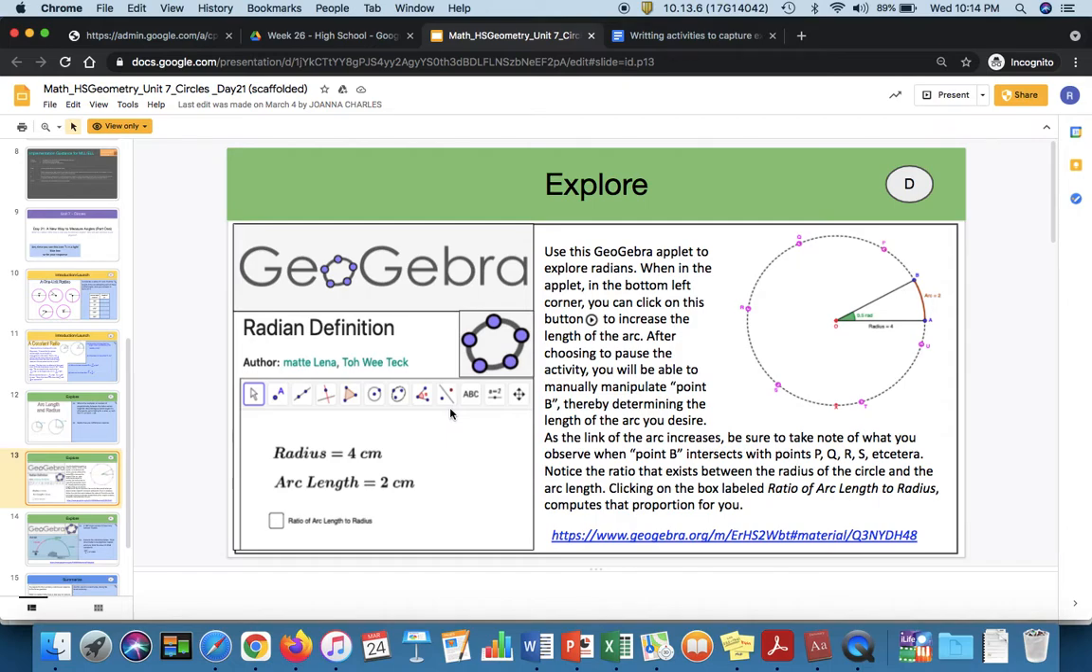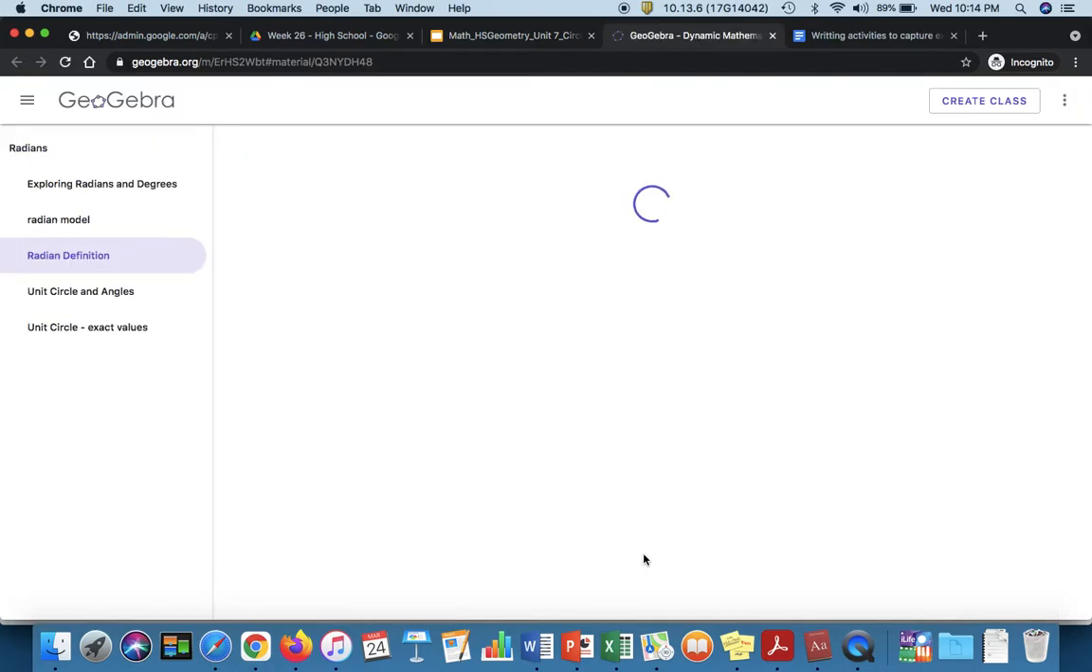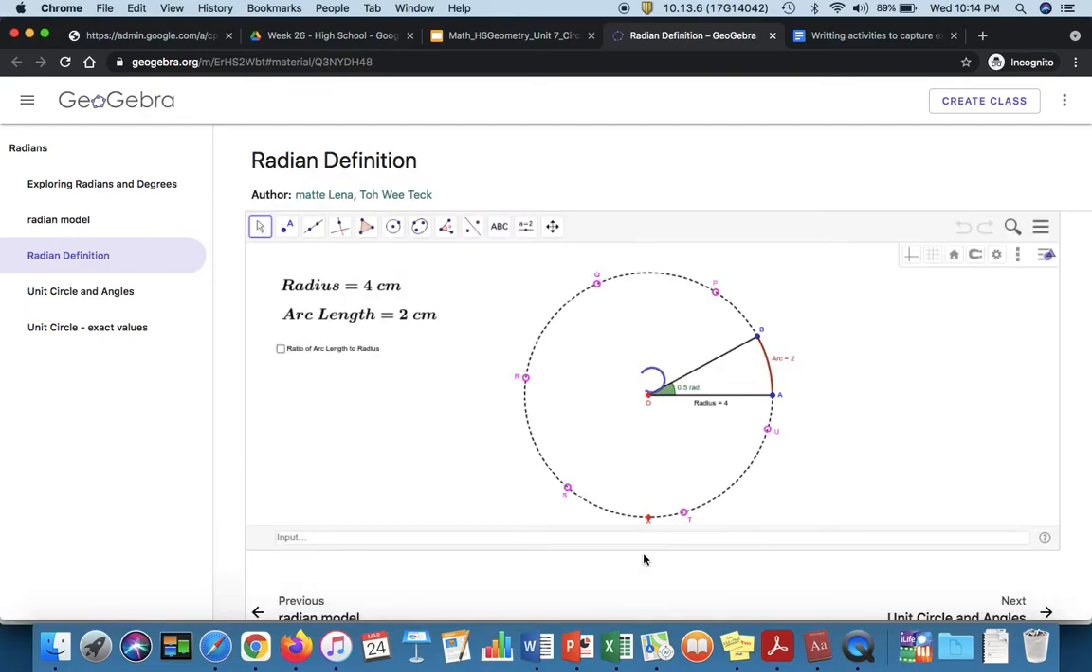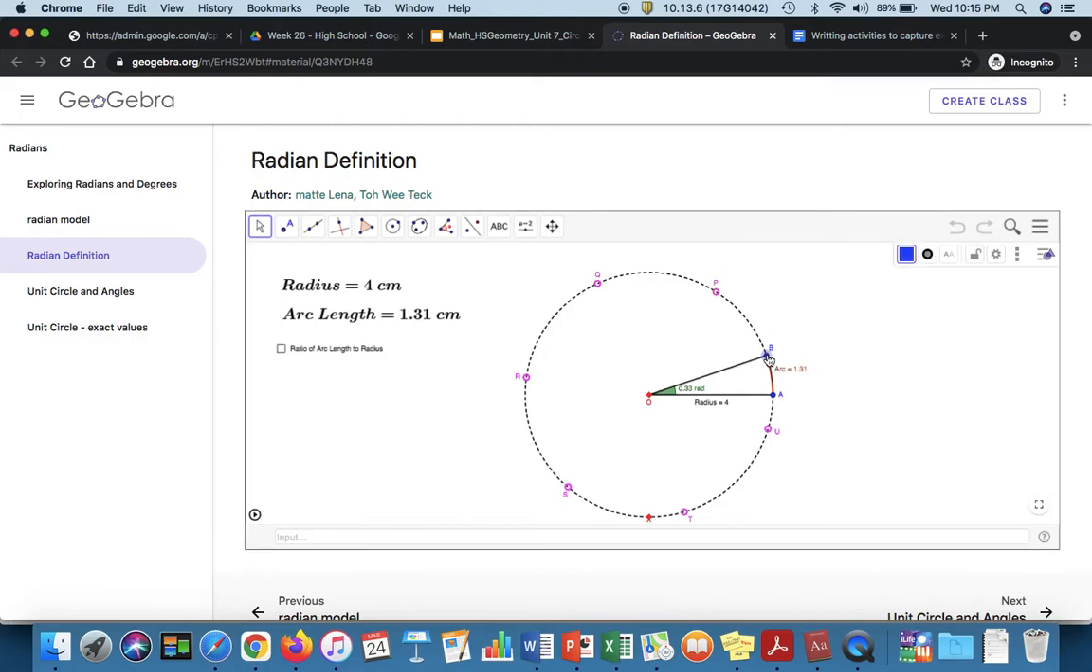lesson. A great applet was added for the use of investigating the idea of a radian for the first time for students. And within this applet, students also get to see the radius and the arc length. And let's just take a look at it here. So as we click and it loads, we'll see that students can play around with this applet, and as they